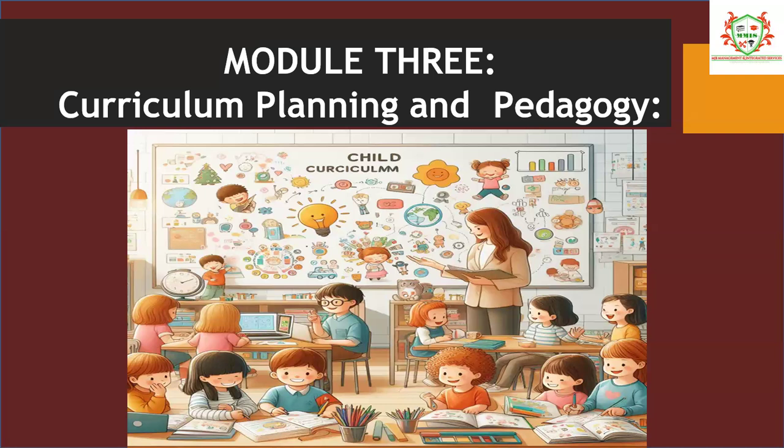The first one was learning objectives, the aim, the goal, what you will achieve at the end of the whole course. Then the second one is the content. Topics, concepts, and themes that will be covered. Topics that will be taught to the child, concepts that will be taught to the child, and themes that will be covered throughout the whole session. The next one is instructional strategies.